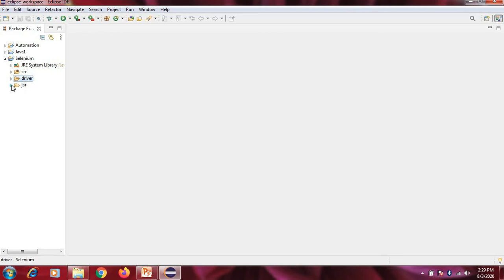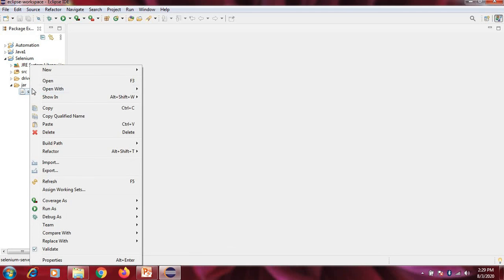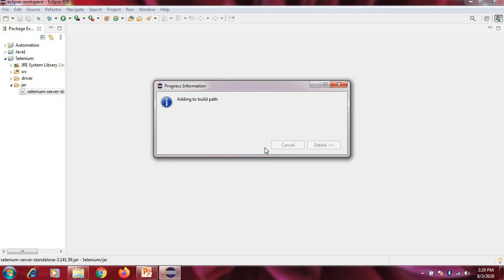And now we have to build the path of the Selenium jar file. Select, right click. Here you can see the build path option, and add to the build path.